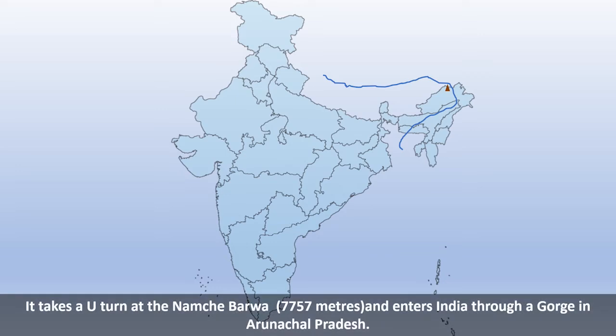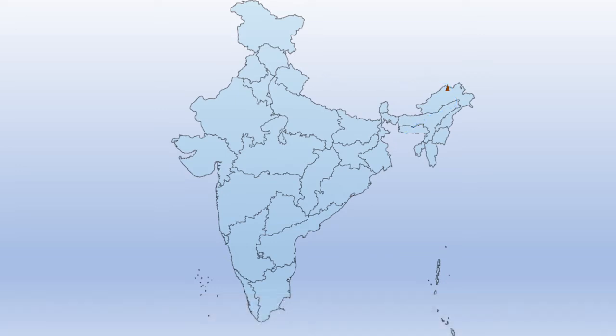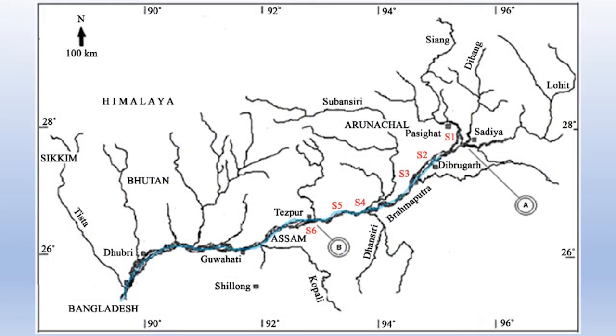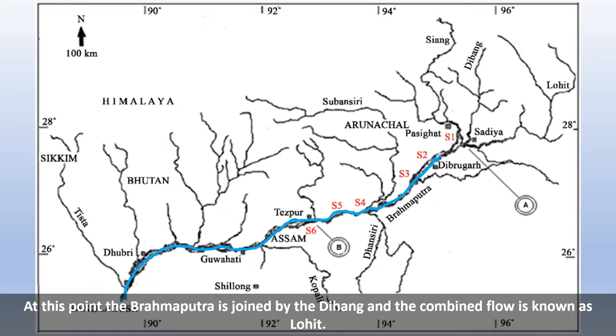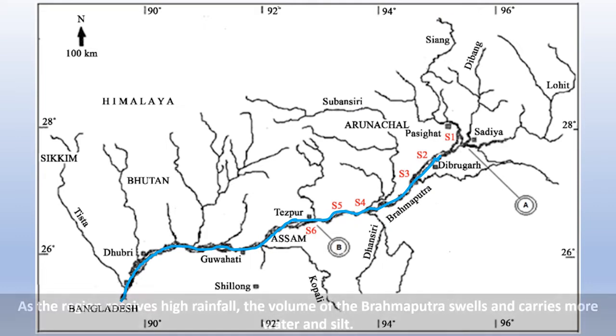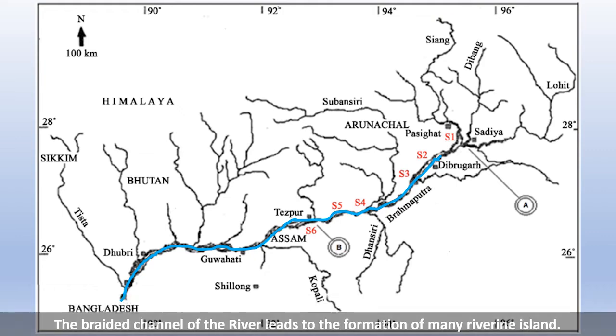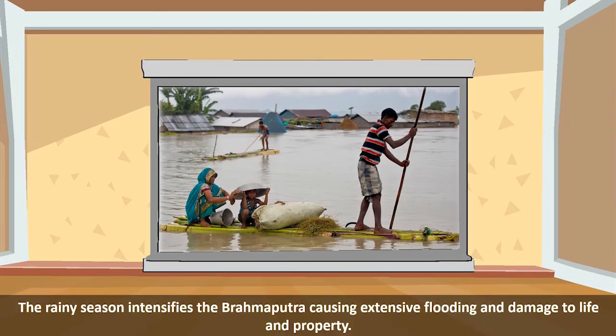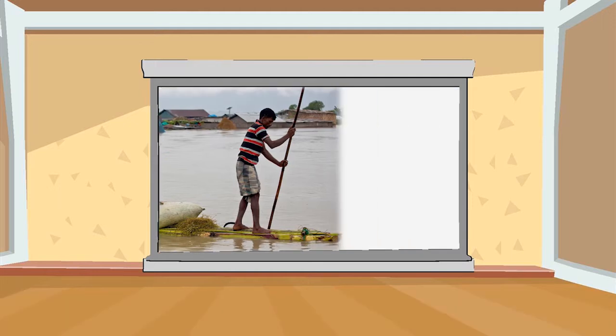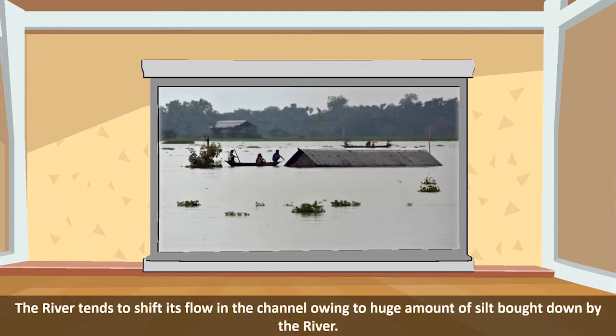The river Brahmaputra is known to flow in the easterly direction parallel to the Himalayan range. Because the climate in the Tibetan plateau is cold and dry, the Brahmaputra river tends to carry very little water. The river Lohit joins the Brahmaputra river and the Dehang river. The region where the rivers meet experiences heavy rainfall, and hence the volume of the Brahmaputra river swells up and it carries more water and more silt.